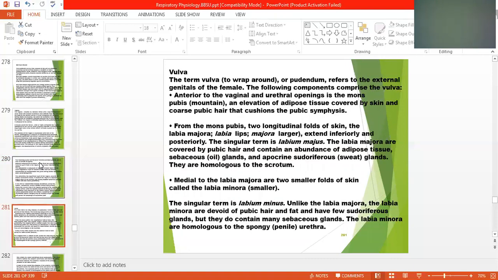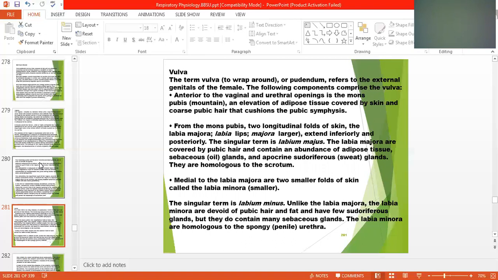Vulva. The other part is known as the vulva. The term vulva, meaning to wrap around, refers to the external genitalia of the female. The following components comprise the vulva. Anterior to the vagina and urethral orifice is the mons pubis, meaning pubic mountain, an elevation of adipose tissue covered by skin and pubic hairs that cushions